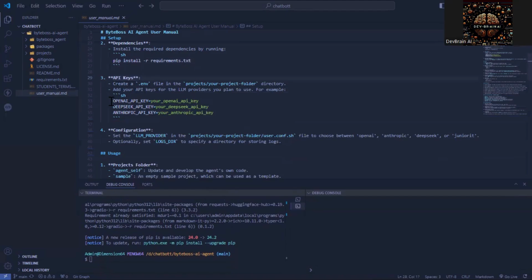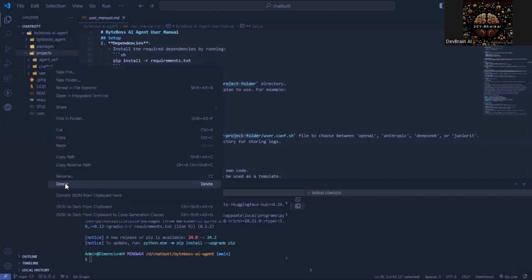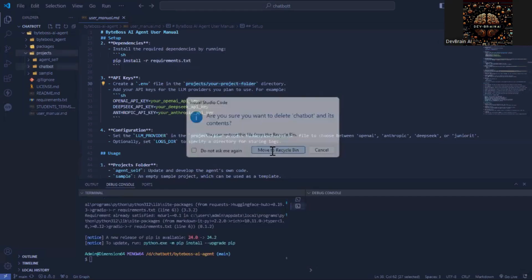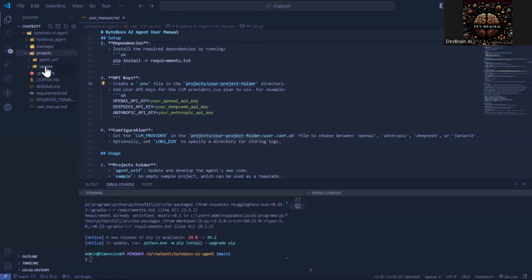So let me copy the entire thing. It just said you have to go to your project folder, so let's choose which project we're working on. We'll be working under the sample. Now let's delete the chatbot, and I'll go to the sample, and inside the sample I will need